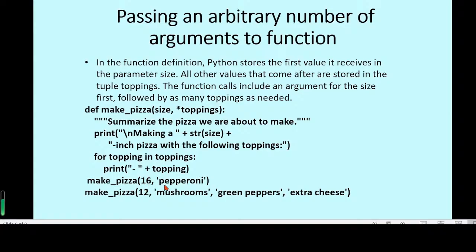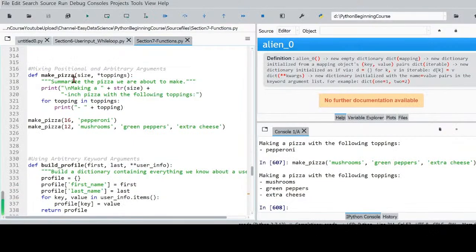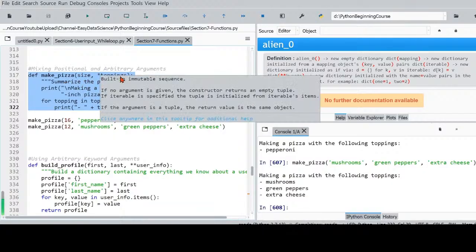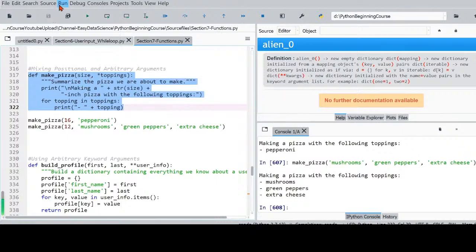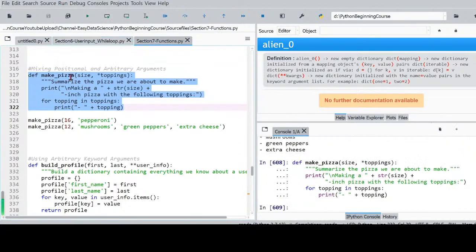So size first, then either 1 item or 3 items will be stored in this toppings tuple. So we make a new function with size and this toppings tuple as parameters. Then